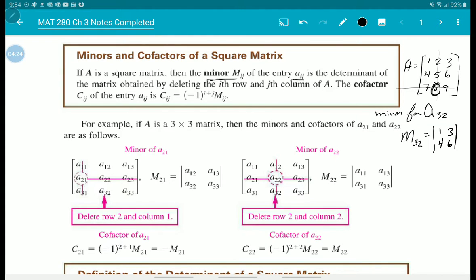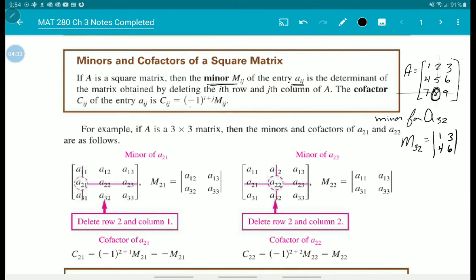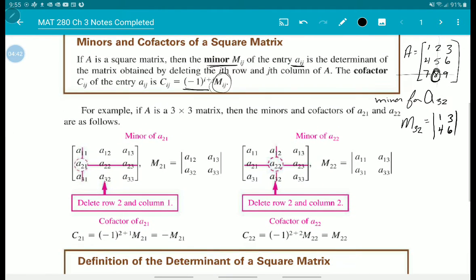The cofactor just includes the 1 in front of it, whether it's a positive or a negative 1. So cofactors are found by taking negative 1 to the i plus j power times that minor. So going back to that first example over here, a really generic example, we're looking at the A21 entry. We want the minor of A21. We already found the minor. Now let's find the cofactor. It's just going to include that minor,